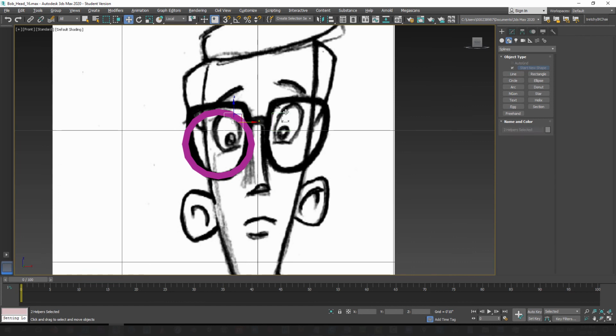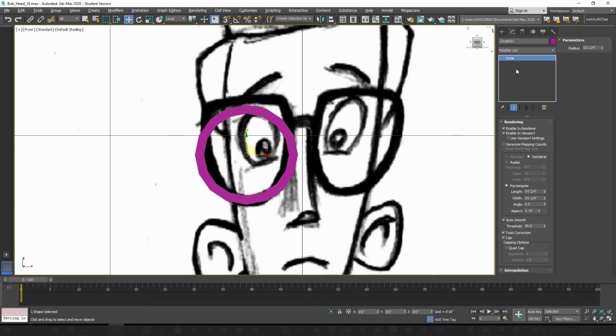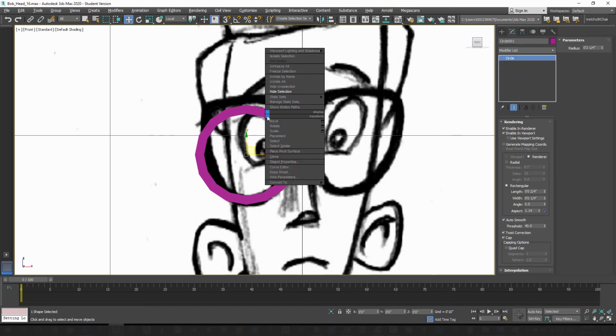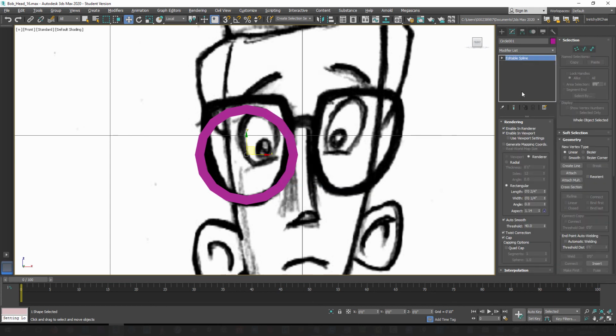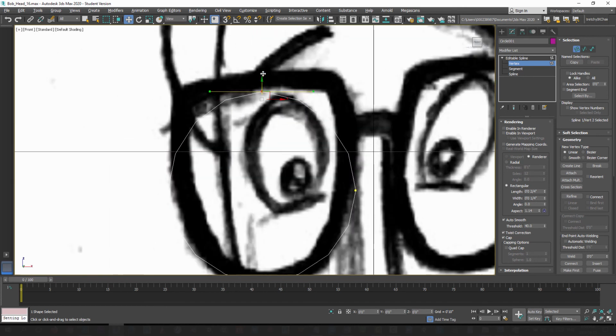And just focus on the glasses. Okay, so if you click on your circle, you can actually right click and convert this to an editable spline. And then you can expand it from up here and we can grab the verts. If you want to turn off enable in viewport and renderer for now, then we can start moving the vertices